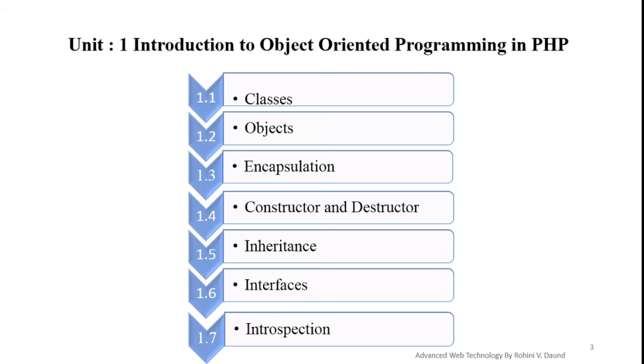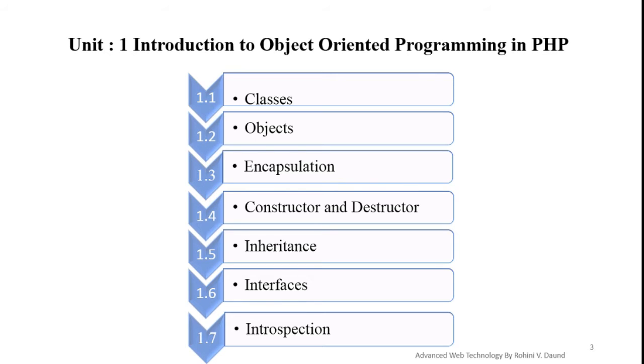The first topic is classes. A class is a blueprint of the object. A class contains the methods and properties. Next one is the object. An object is a bunch of variables, meaning the properties, and the functions, meaning methods, all grouped into a single entity. Next one is encapsulation. Encapsulation is about grouping of functionality, meaning operations, and related data, meaning attributes, together into a coherent data structure.